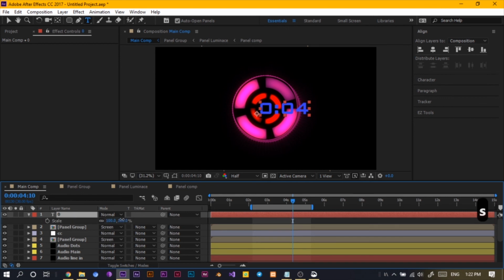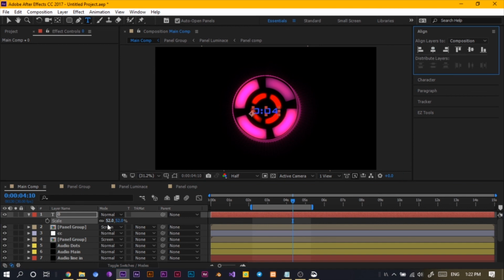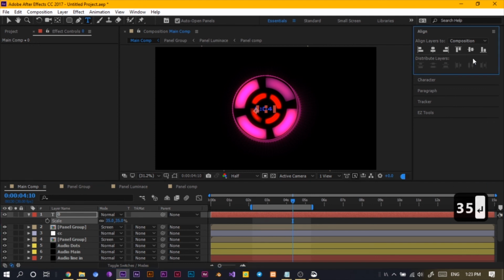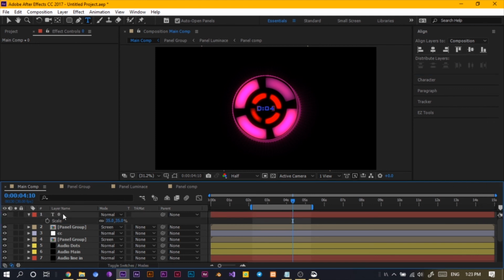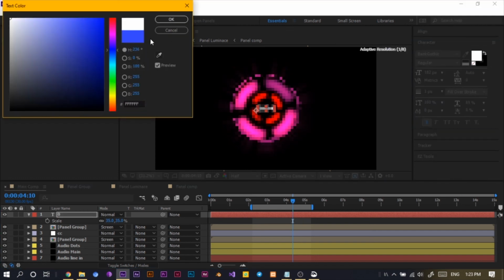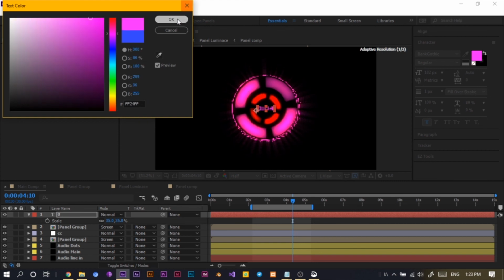To scale this down, okay, so align it and see. I think I have to scale mine more. Okay, align, and let me see. No, I have to scale it down more, so I have to keep it like 40. No, maybe 35. Okay, so you just have to play around with these things. Okay, then you can change the color. Come to Character. I think I'll just keep it purple also, okay, for now,